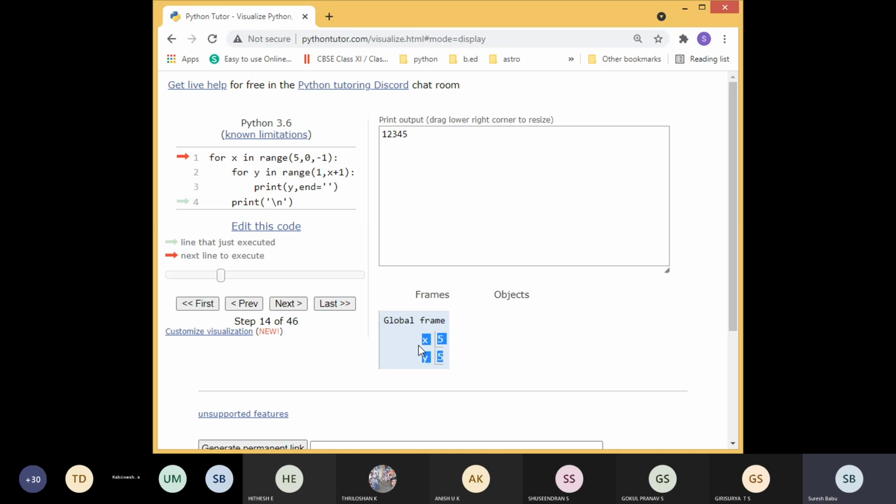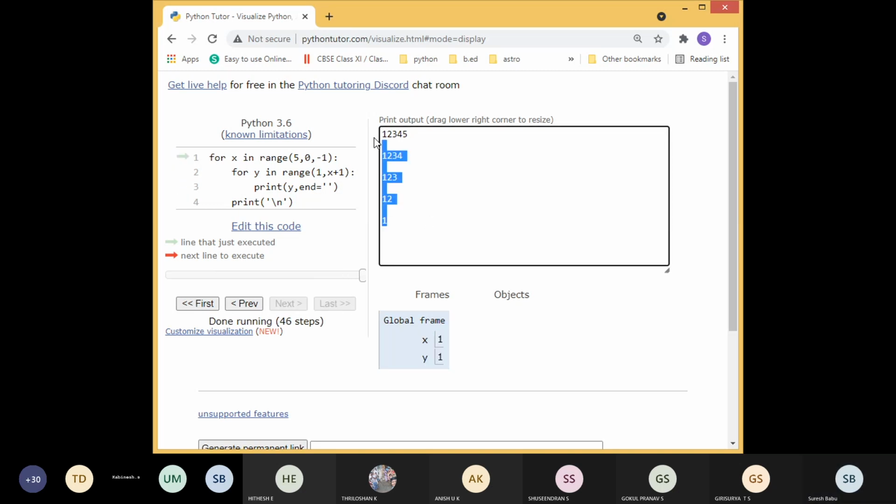Now the x value will change to 4, and again the range changes, 1 to 5. So it's going to print 1 to 4. Again it repeats the same thing, and you can see the output up to this. Okay, so this is the pattern we are getting. Understood by everyone? Okay, sir. Understood.